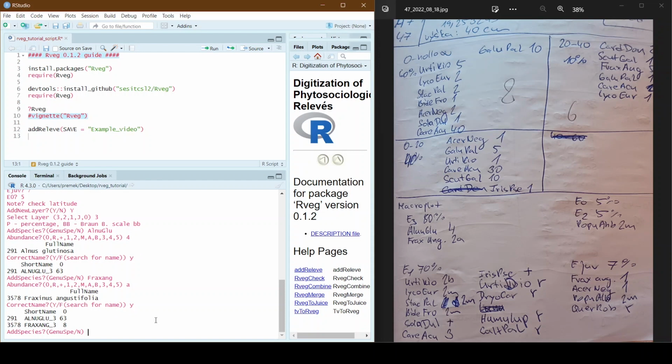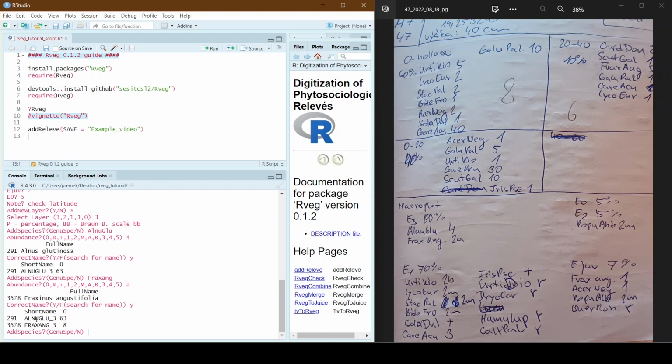Now you can notice 2 things again. The first time, I wrote Alnus glutinosa with uppercase first letters. In the second case, I made only the first letter uppercase. It doesn't really matter.